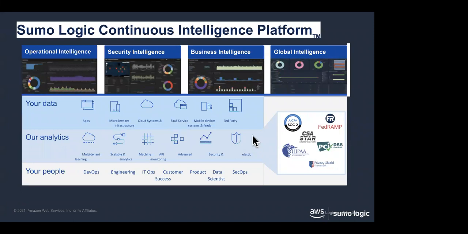Probably the most important facet of our product is our security compliance. We are FedRAMP moderate authorized, PCI compliant, and SOC 2 compliant. We maintain those certifications with great rigor and great discipline. And depending on your role with regards to AWS, there's a whole bunch of things here that you can use and do.